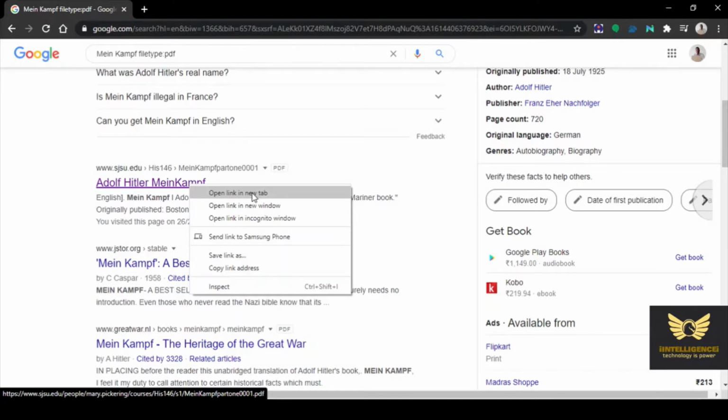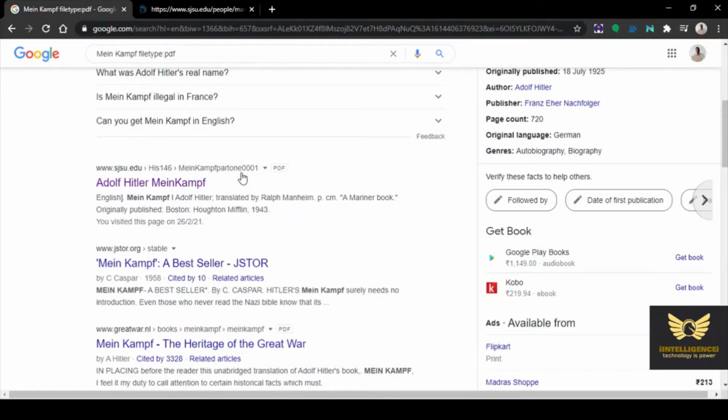I am opening it in a new tab. Just wait for the download.